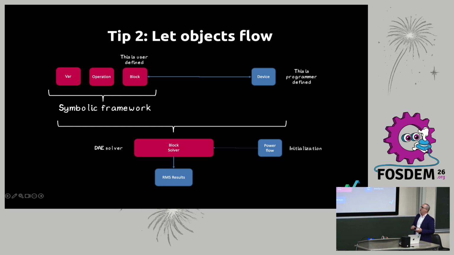But there's a kind of simulation where the user is going to tell you the equations. It's not you, the programmer; the user is telling you. For that, you need a symbolic framework linked to real-life things like a line, a load, a generator, and the equations tell how those objects behave in real life. You as a programmer cannot write those equations because there are infinite equations. So you need to be flexible and, again, use objects instead of tables.